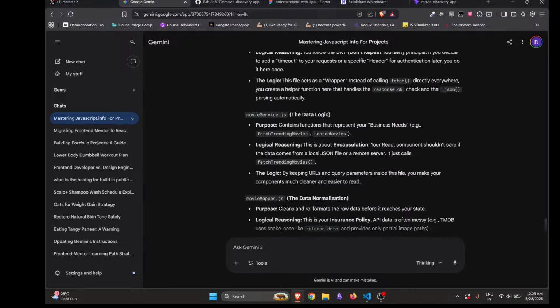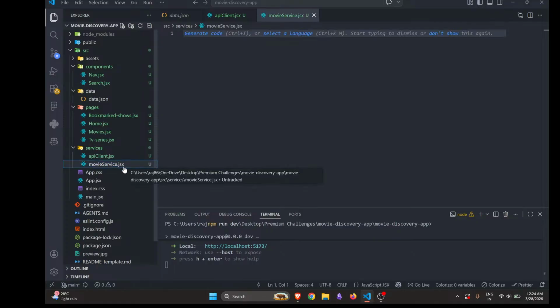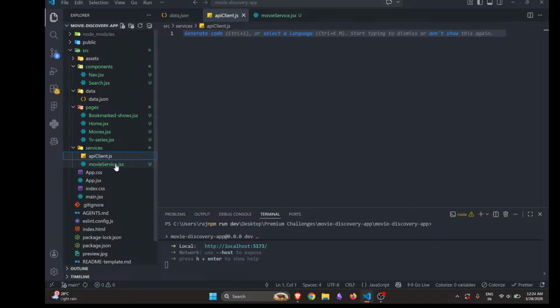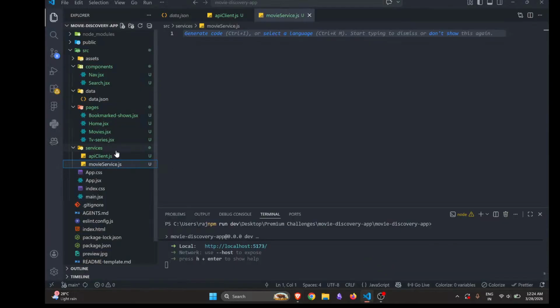What is movie mapper? movieService.js, rename js, movieMapper.js. Okay, alright, so